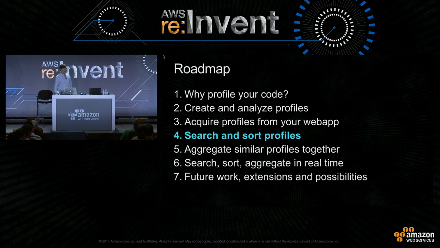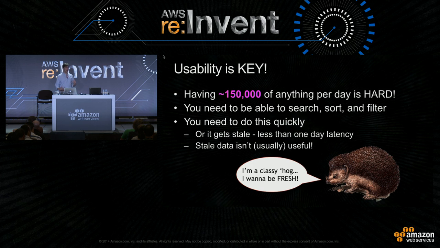But now let's talk about what you do with all these profiles and how you make them searchable and sortable. Usability is key. I'm a tool builder. My customers are the other engineers at Yelp. They're not the customers who use Yelp every day to find great local businesses. They're actual engineers who also work at the company. But having 150,000 of anything per day is hard. You need to be able to actually search, sort, filter this stuff, and you need to do it quickly, because